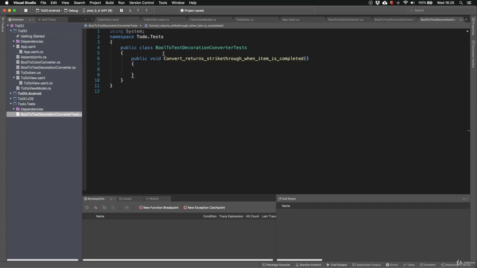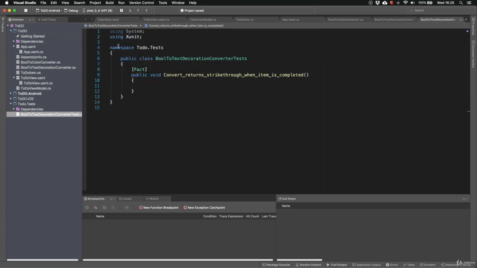In order to mark this method as a unit test, we need to use the Fact attribute so that xUnit knows that this is a unit test. Like I mentioned, every unit test usually has 3 phases. The first phase is arrange, the next phase is act, and the third phase is assert. In the arrange phase, I need to create my converter, and in order to do that, I need to add